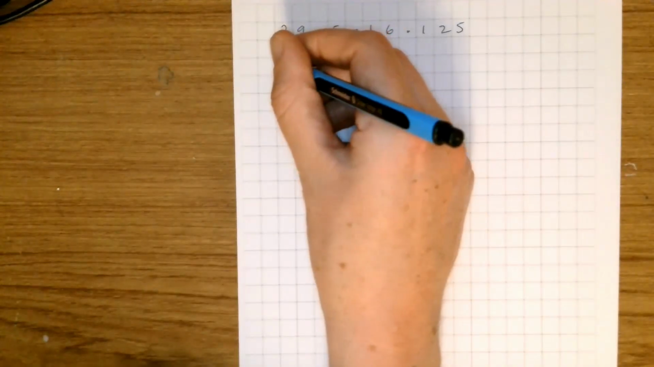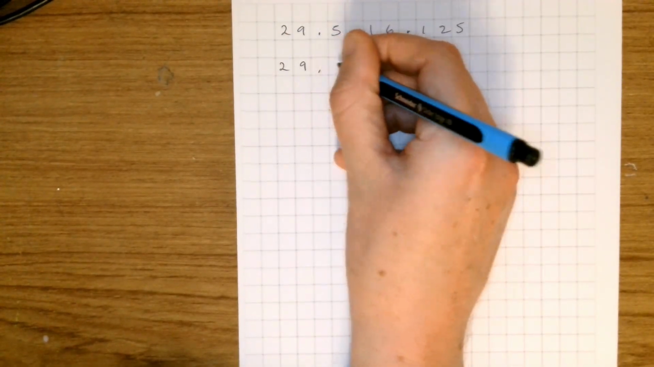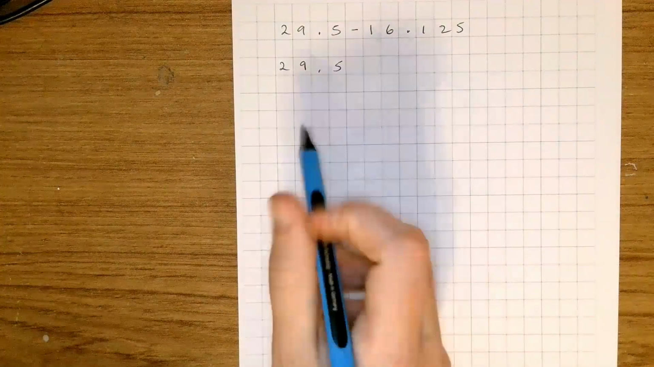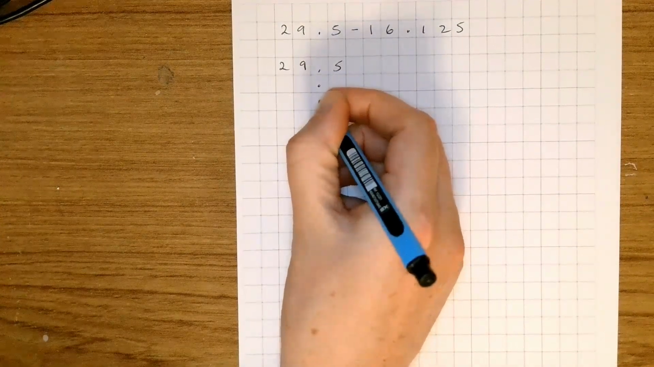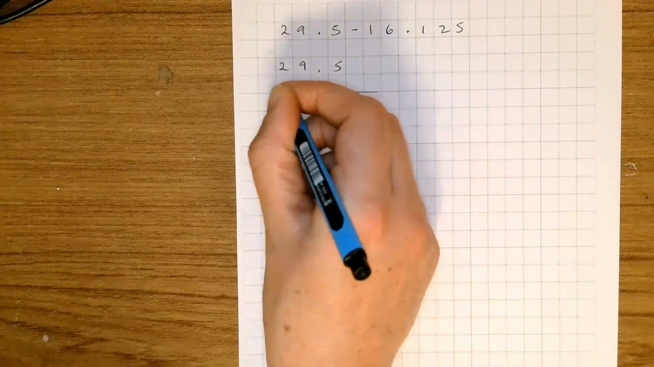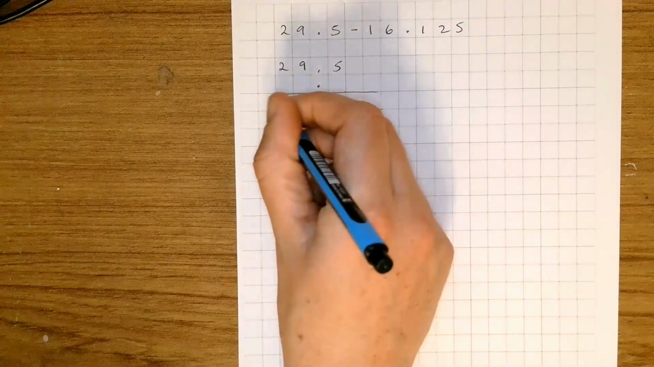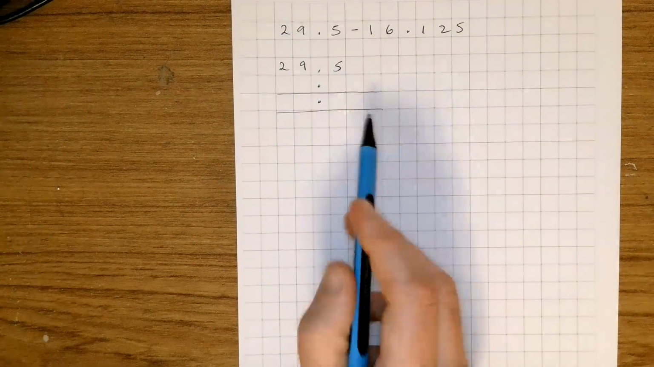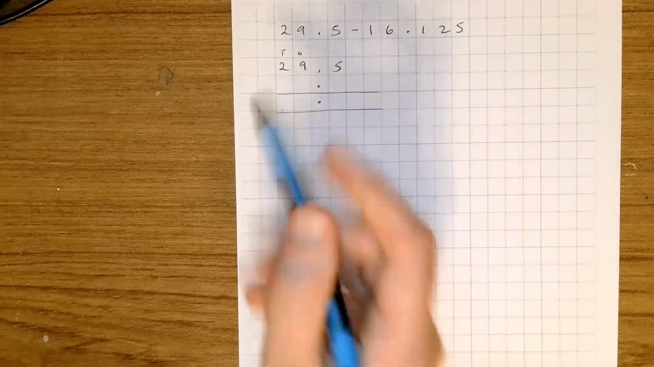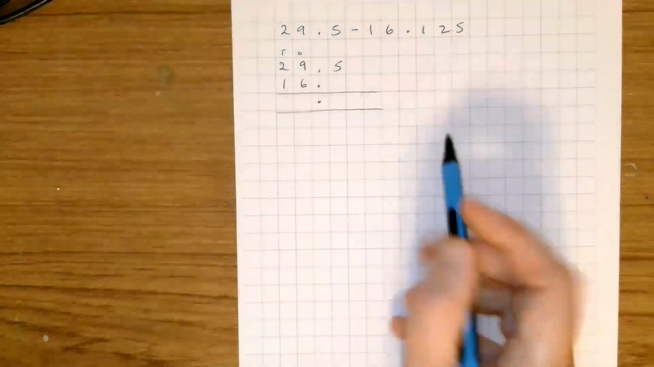So first thing I'm going to do is 29.5. There's my 29.5, and I'm going to put this placeholder in. So I'm going to put one in there, and I'm going to put one in there for the answer. I'm just going to have to extend this out here. And I'm going to put this number in here. So there's my 10s and there's my 1s, and then I've got 16. So my 16 sits there, and I've got my